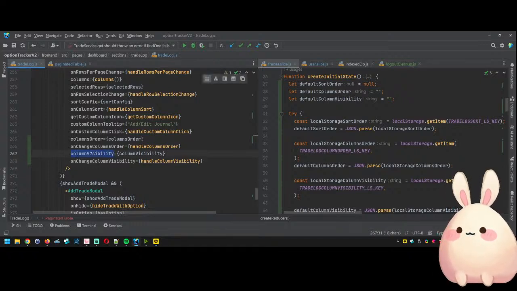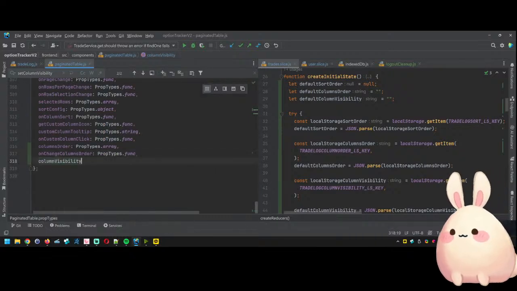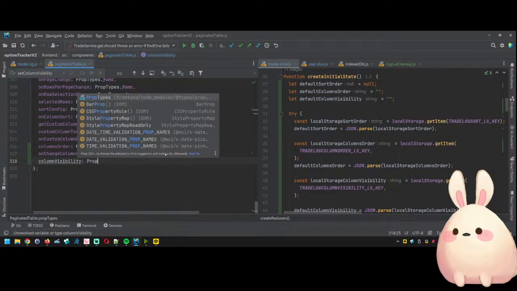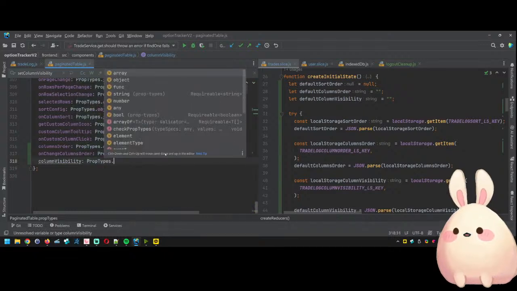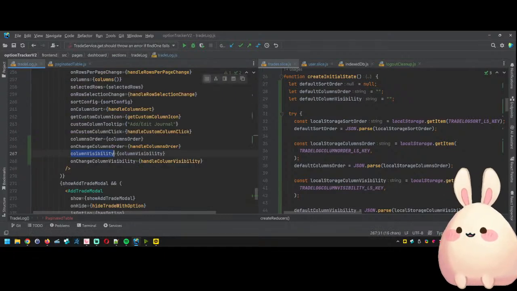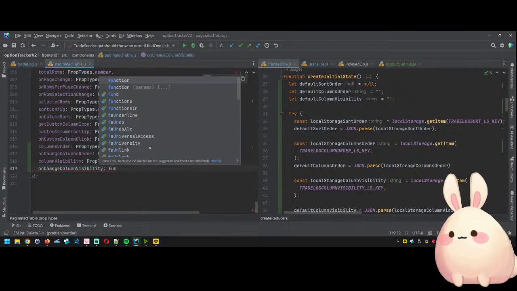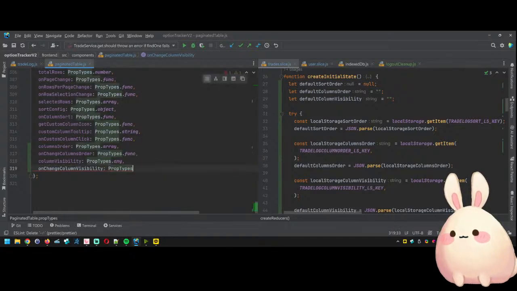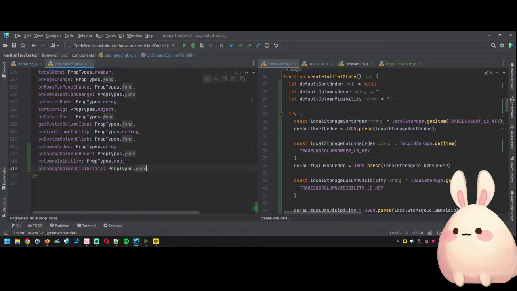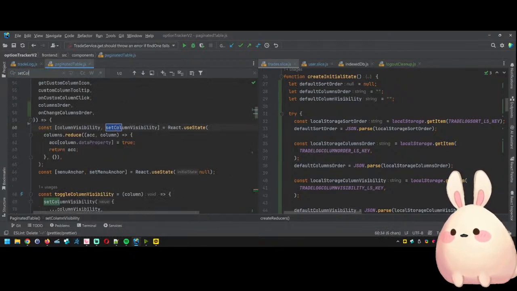And then we need to do the same thing. So column visibility is going to be just a single string, any. Prop types any. I don't like it, but it'll be okay for now. And the on change column visibility will be a function. All right. Then when we do something called set column visibility,